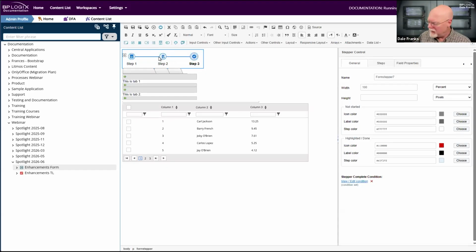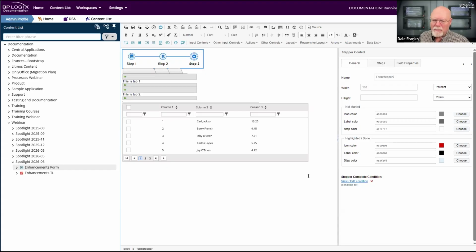It's not really related to any of the form fields on the form, although I suppose you could make it so by setting a condition. But it generally sets, at least in our use cases, at the very top of the form so that no matter where I am in the form and no matter what I'm doing, at the very top of the form, I can always see where I am in the process that I have decided to show for my progress bar.